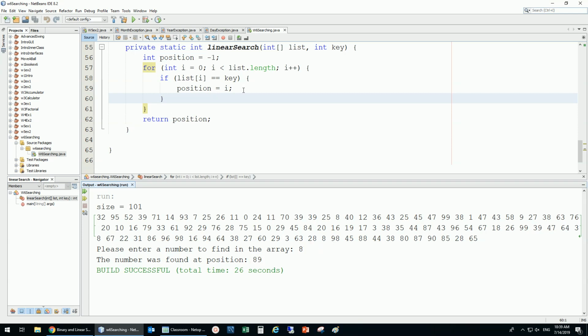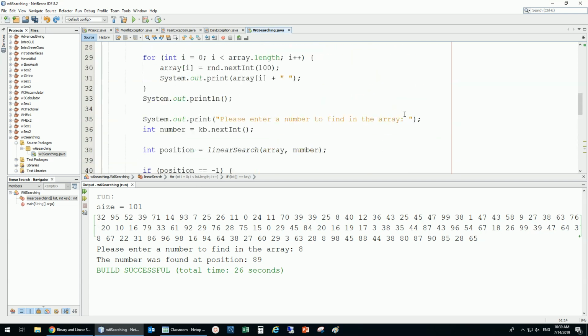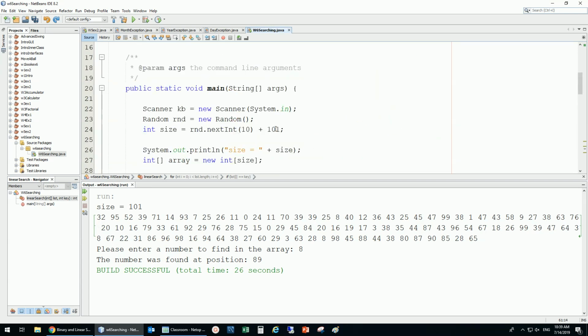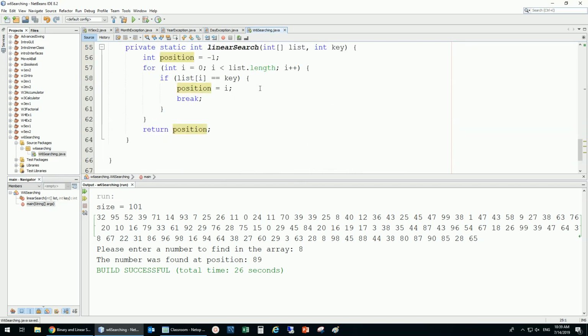Now this one is going to give us the last one. So it's 101, and then this is 1, 2, 3, 4, 5, 6, 7, 8, 9, 10, 11. So that means this is 90, this is 89. So now it finds the last element that is the same. But for us, we just need to find the first one. We don't need to go for the last one. So anyways, what I want you to do is to